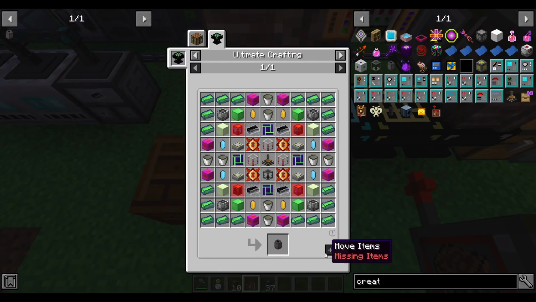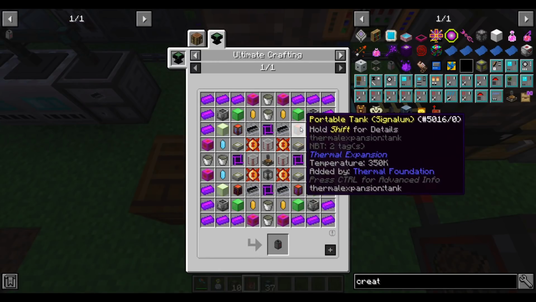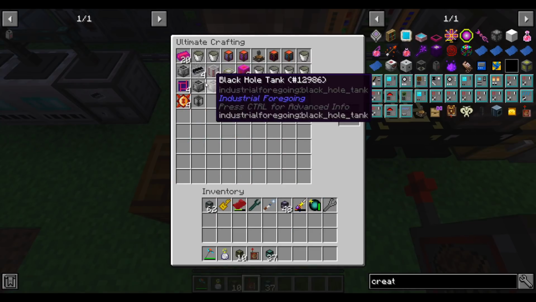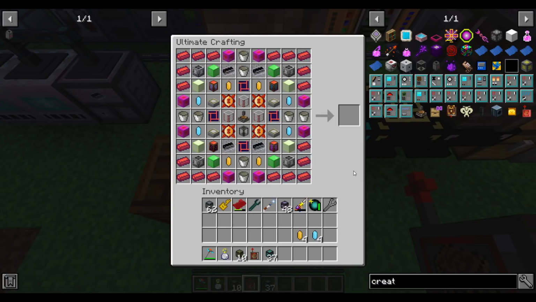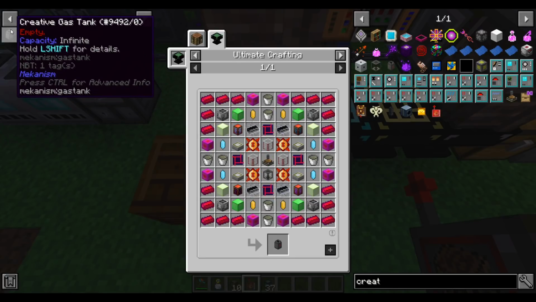Alas, another case of the recipe not importing correctly because of portable tank and NBT data. So, I gotta draw it out again. As far as I can tell, I put all the items in the right slot, so I don't see an output, but ooh, can't click it this time. Now